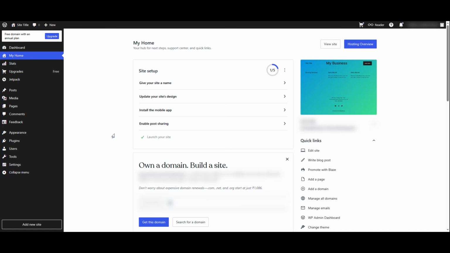In this video, I'm going to show you exactly how to clear WordPress cache step by step so your website shows the latest changes instantly. This is one of the most common fixes when updates don't appear, pages look broken, or your site feels slower than usual. Whether you're using WordPress.com, Pantheon hosting, or a caching plugin, this guide will walk you through everything you